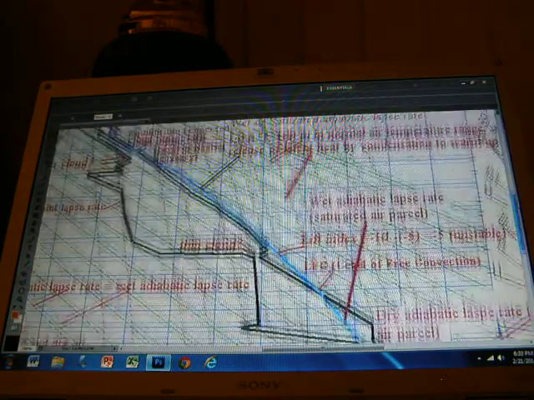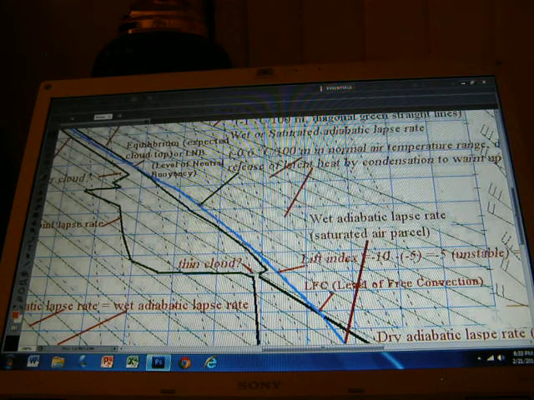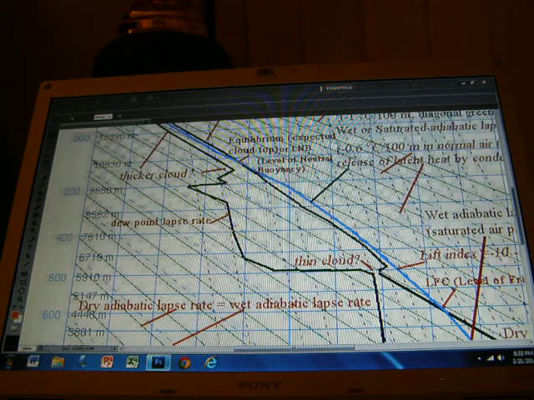So we call this the level of free convection. That's at 600 millibar. So when the air parcel continues to automatically rise, it intersects the environmental lapse rate somewhere at this point, that's very close to 250 millibar. At this point, the air parcel's temperature equals the environmental temperature. We call it the equilibrium level, or you can expect this is the cloud top, or we call it the level of neutral buoyancy,